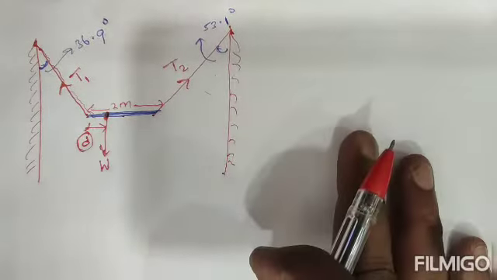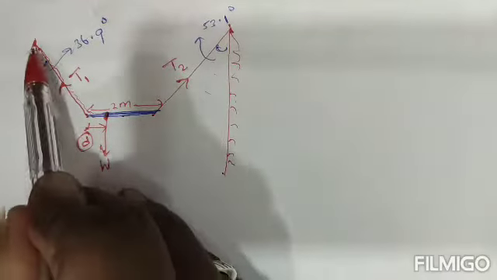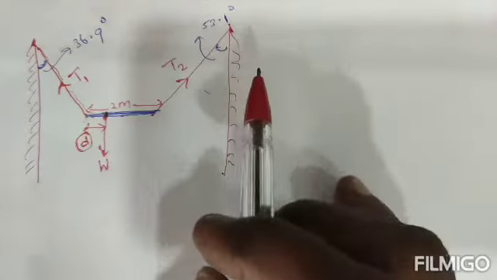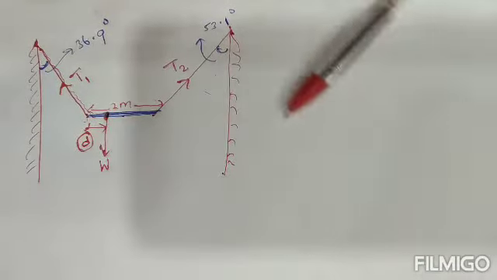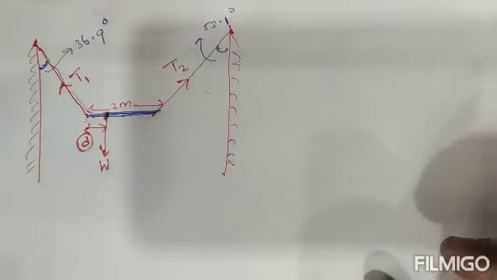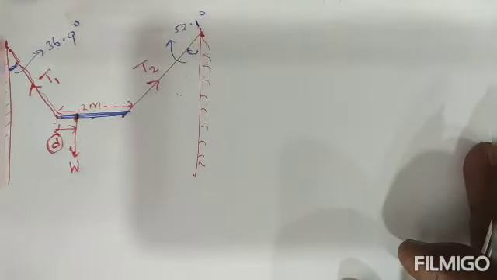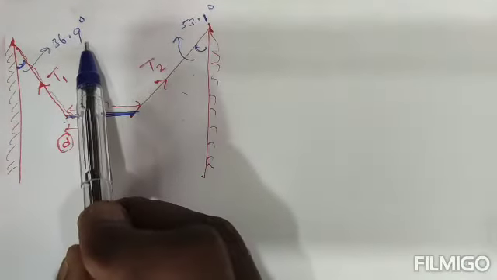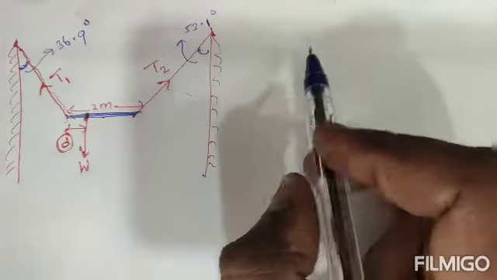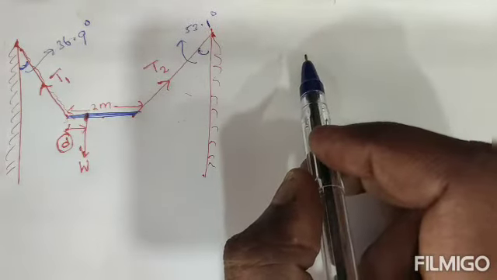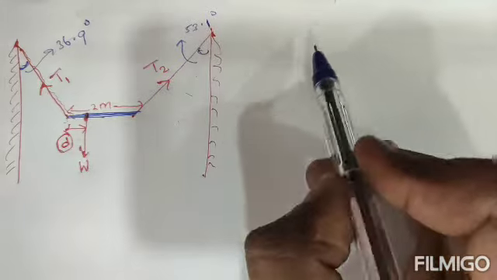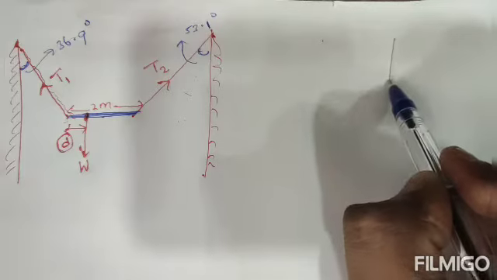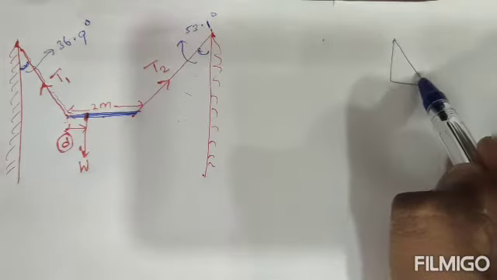Okay, right. So please focus, here some triangles are formed like that. Based on the triangle idea I am going to solve this problem. So please listen. First let's take the 36.9 degree. Many problems are based on this model. So first I will give the general idea for the triangle.